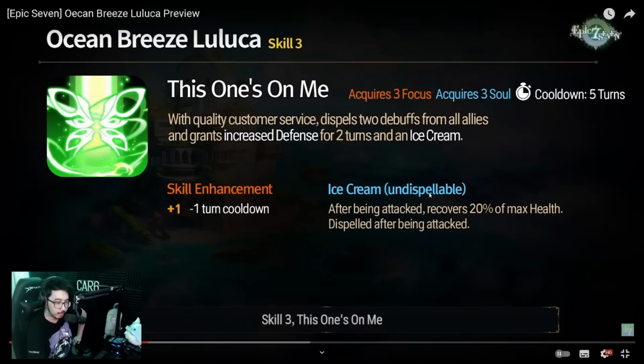Ice cream, undispellable buff. Okay, more undispellable stuff. After being attacked, recovers 20% of max health. Interesting. Okay. Dispels after being attacked. So one-time use. Can't be dispelled, though, when you get 20% of your max health. 20% of the max user's health, right? Not Luluca's health, I'm assuming, since they didn't clarify. Okay. On a 4-turn cooldown,